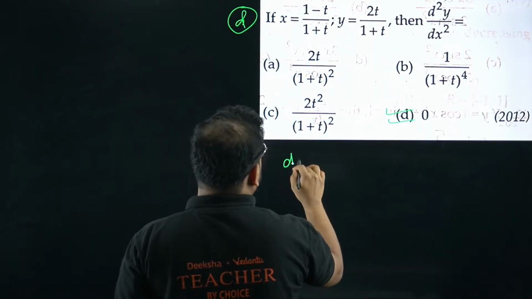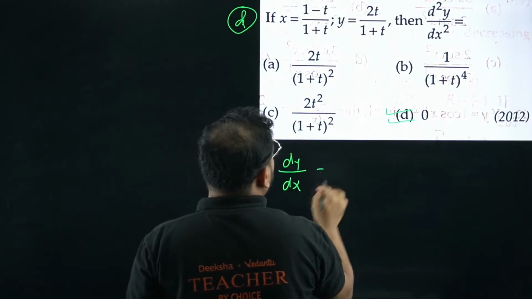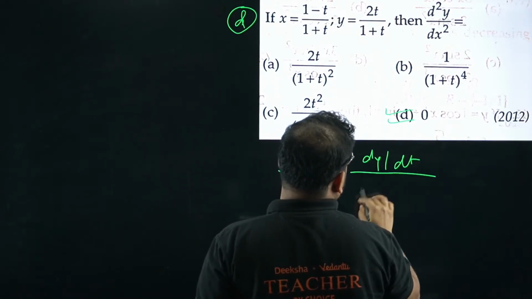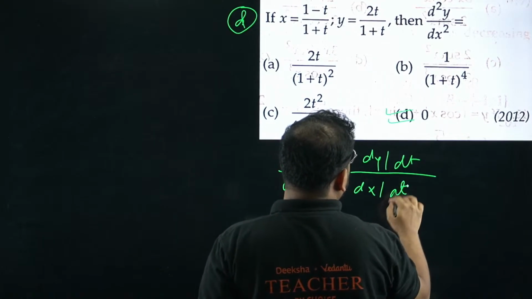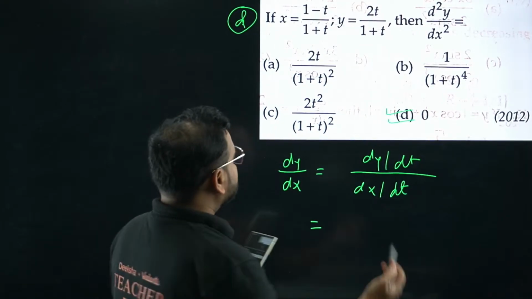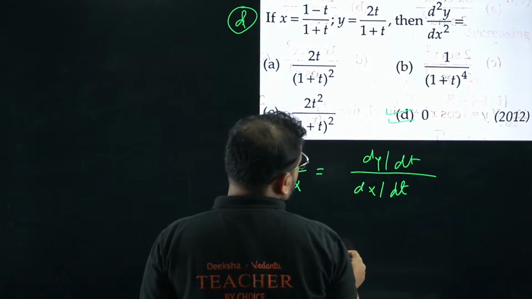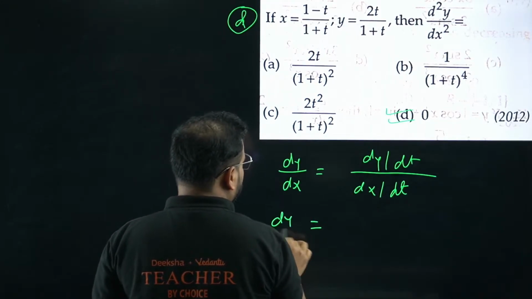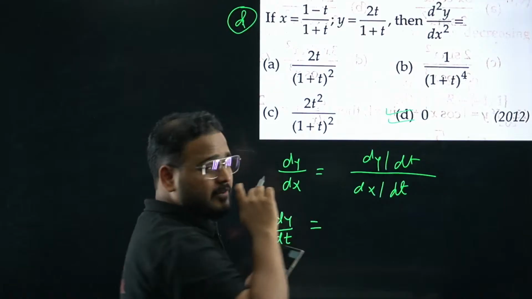So how do you solve this? Let's find the derivative first. So dy by dx, the first derivative we're going to find. So we'll have dy by dt upon dx by dt. If you solve this question, what are you going to have? You can differentiate y with respect to t. You'll have to apply the quotient rule 2 times. So let's do this individually, without confusion.